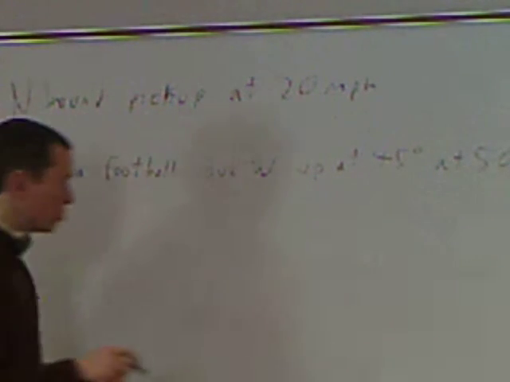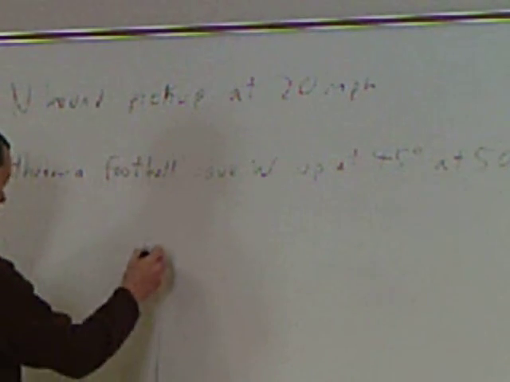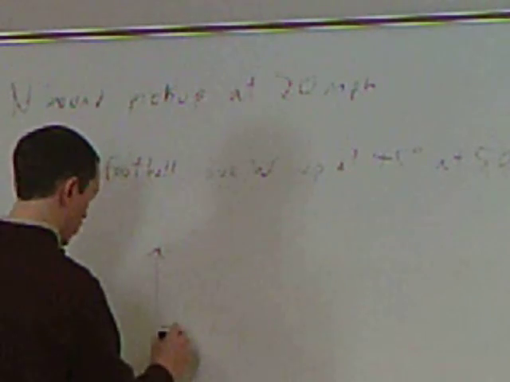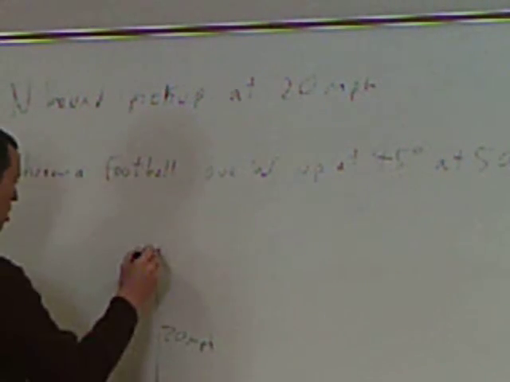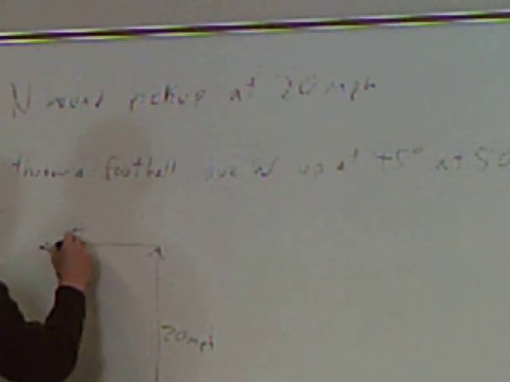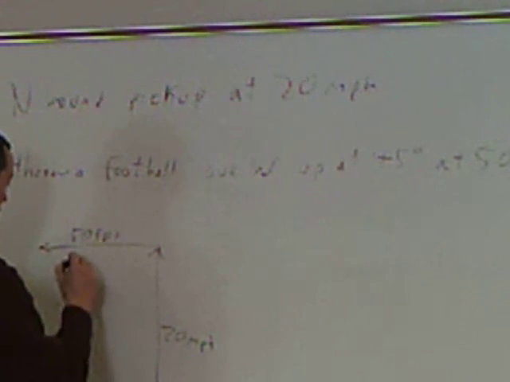Sadly, I've done this in three dimensions, so I have to, okay. So, you can see here, I would like to still have this be north. So we've got this guy going north at 20 mph. And then we're going to chuck the football due west, I said, so that's that way. That's going that way. This is at 50 feet per second, except this is up